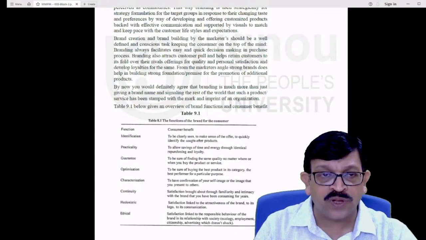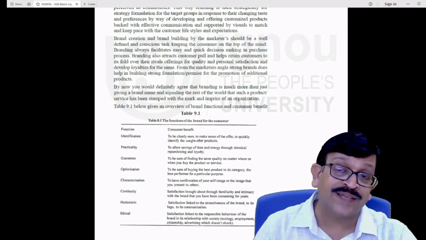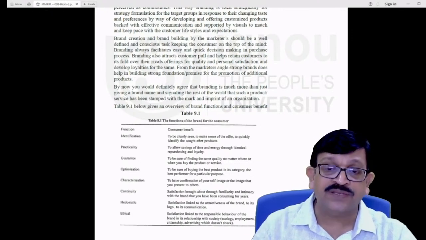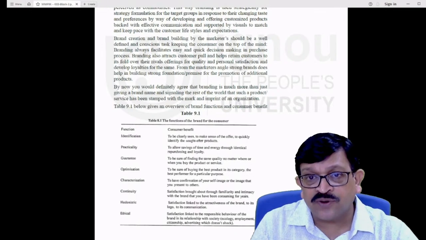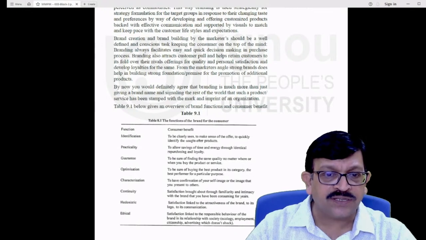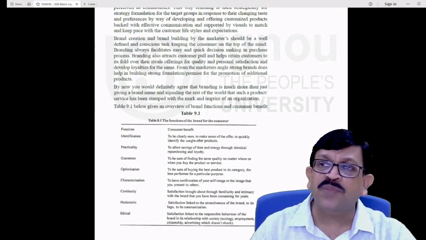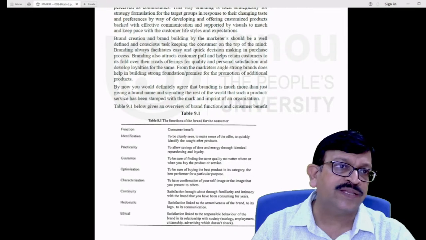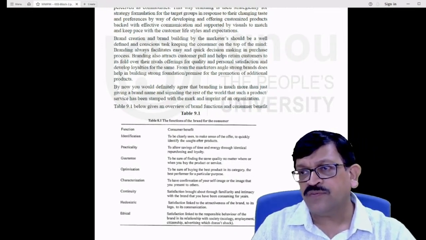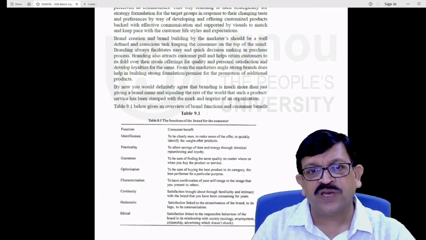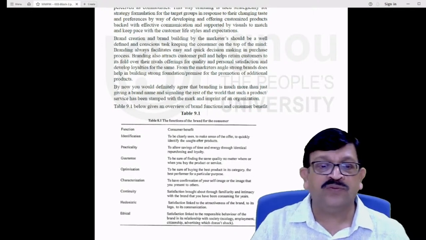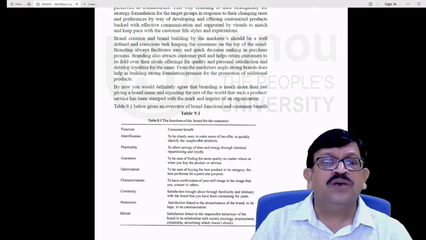Not only that, as I told you, brands today are considered as assets. Assets in the sense that if we have certain brands in the portfolio, it becomes an asset for the company. For example, in Nestle, Maggie is a big asset to them because obviously you can optimize the business opportunities utilizing the capability of the brand Maggie. Similarly, in case of other products, you will find that there are brands which have dominated, which have become successful brands, and the company can leverage out of their image in the marketplace.